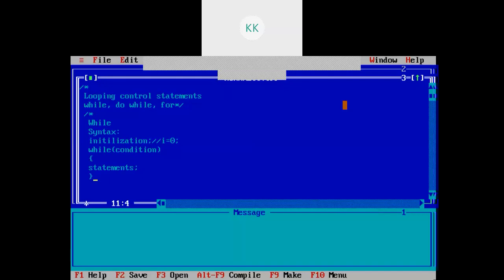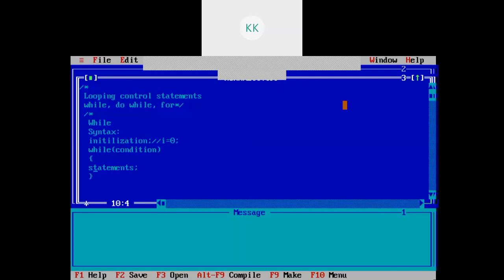The statements inside the while loop will get executed only if the condition is true. Remember, if the condition is false, the statements will not get executed inside the while loop.